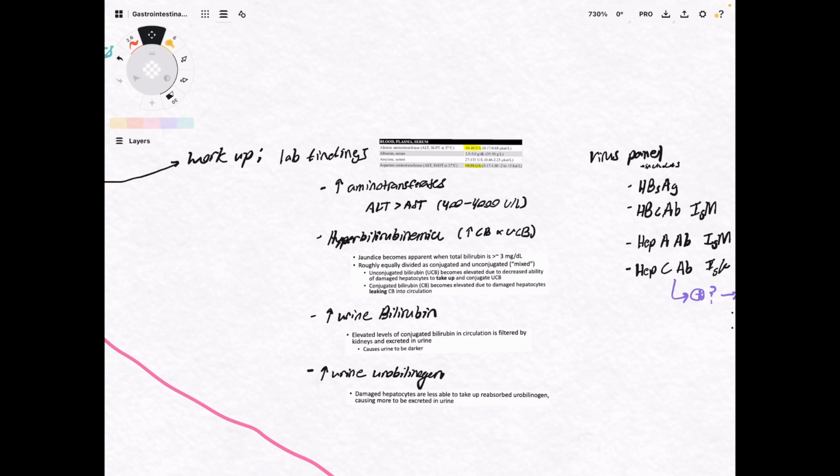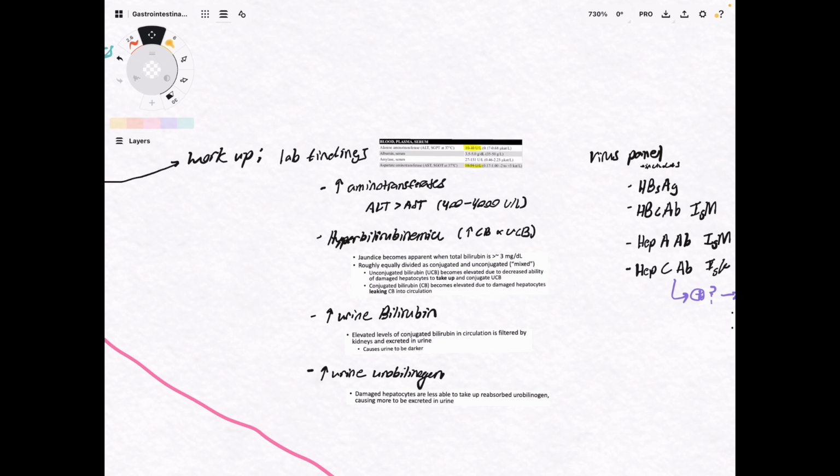The AST is mainly going to be more specific for mitochondrial damage, while ALT is going to be more specific for cytoplasm damage, or just in general outside of the mitochondria for the liver. So with viral, you're going to see more increases with ALT than AST, so the ratio is going to be presented like that. And then you're also going to have hyperbilirubinemia,